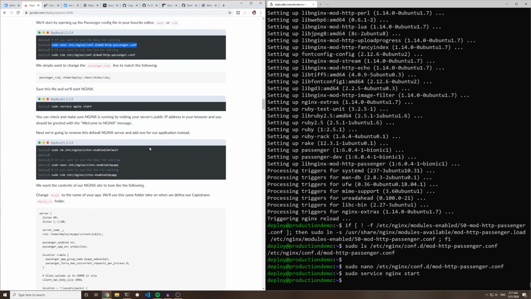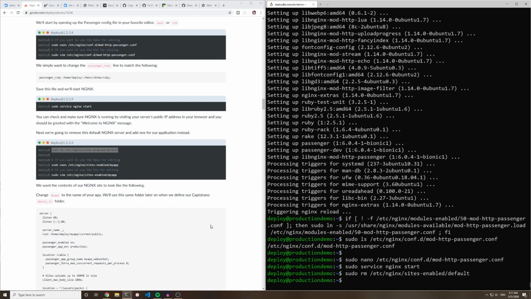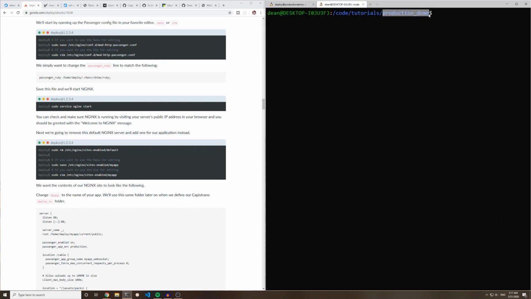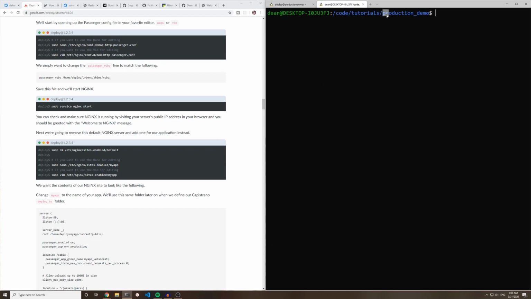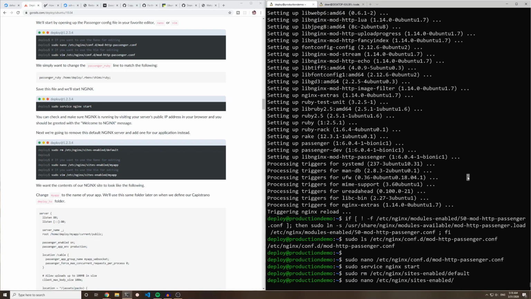All right, now let's move on to the next step. We need to remove the current sites-enabled default, and we need to add in our own, but we're going to name it based on what our application is named. So in this case, if I open up another window, this is the name of my application. So this is what it's going to be called when the file gets copied onto the server. So when we name it in here, what we want to say is nano /etc/nginx/sites-enabled/ and instead of my app, we want to call it whatever your Rails app is called. So in my case, it's called production_demo. So I'm just going to call it